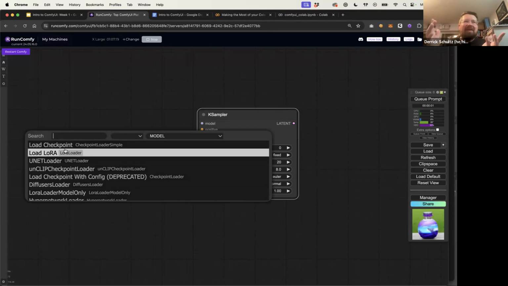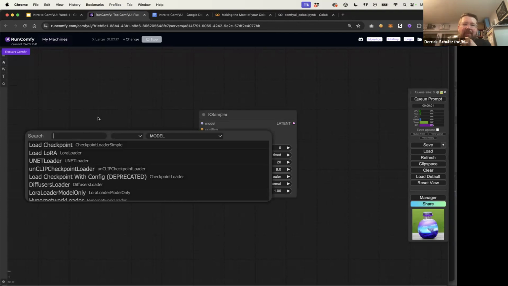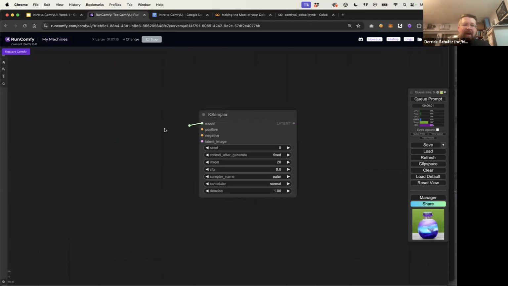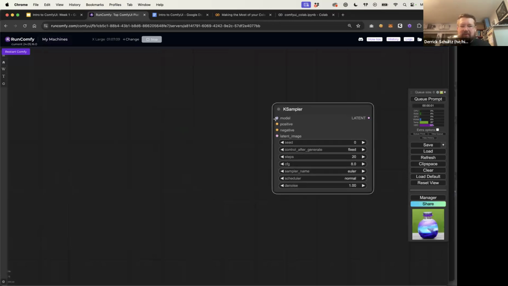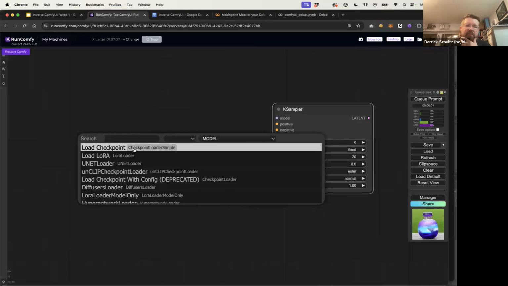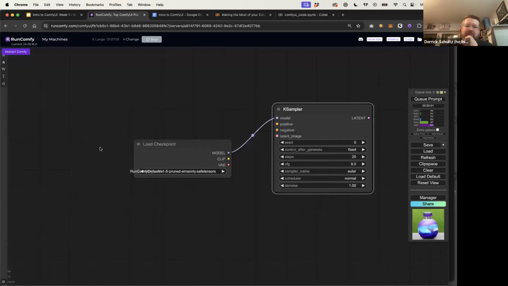I've sort of memorized the nodes I need, so I just search for them, because sometimes it does give you bad results. But if you drag out the model and you hit shift and then you release, you'll see, I want to make this a little bit easier to show on screen. Its default input is a Load Checkpoint. So let's click on that.